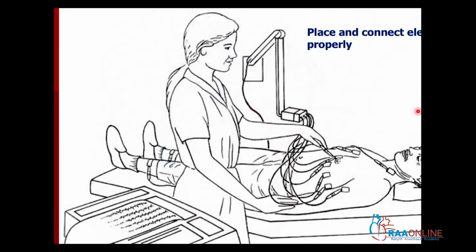Connect the electrodes properly. I told you the most important thing is to place the chest electrodes in the correct positions. Where to place V3? V3 is between V4 and V2. You have to place the electrodes in the appropriate intercostal space to get the correct ECG,